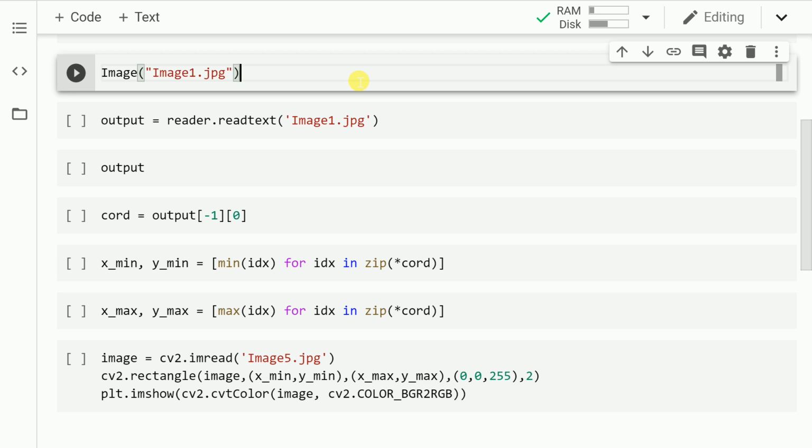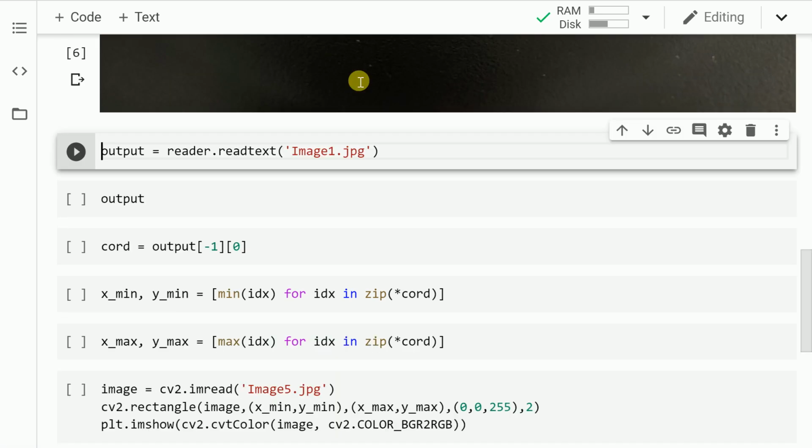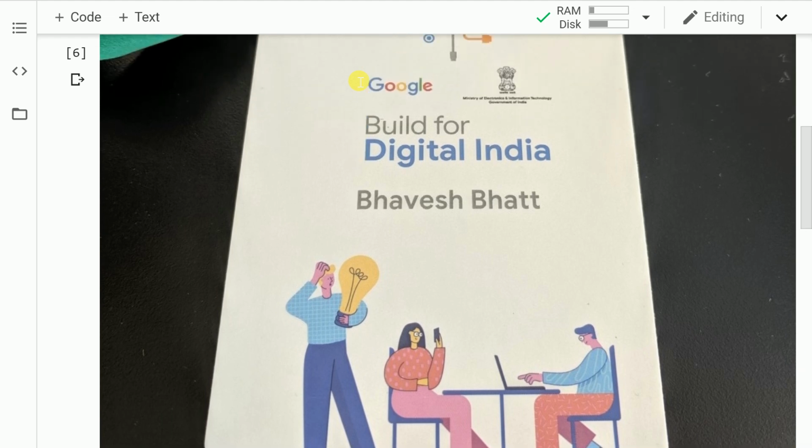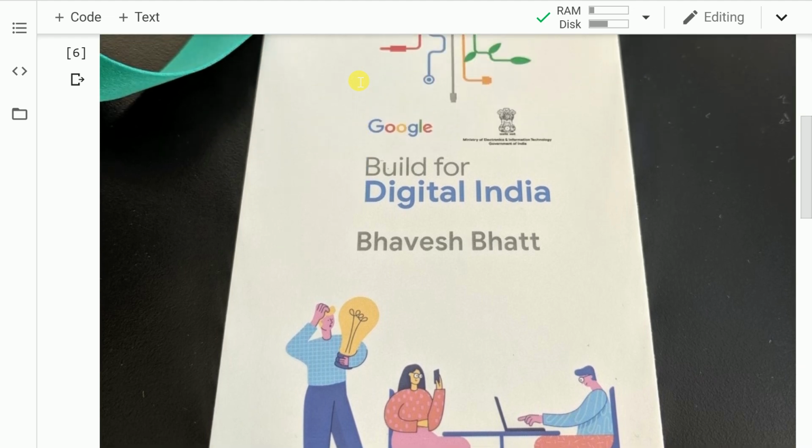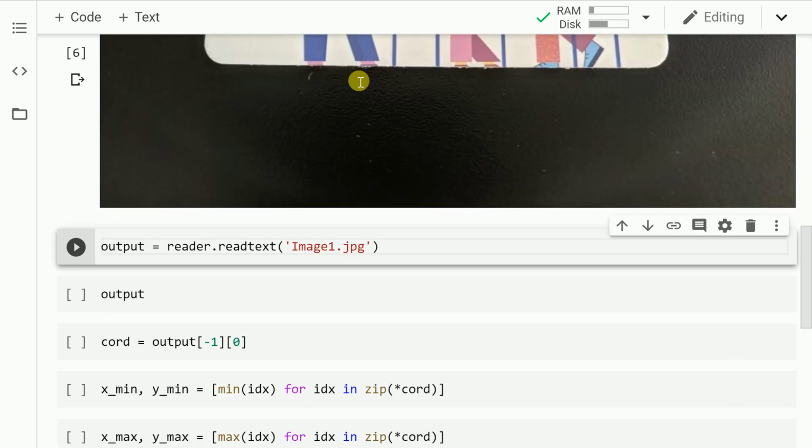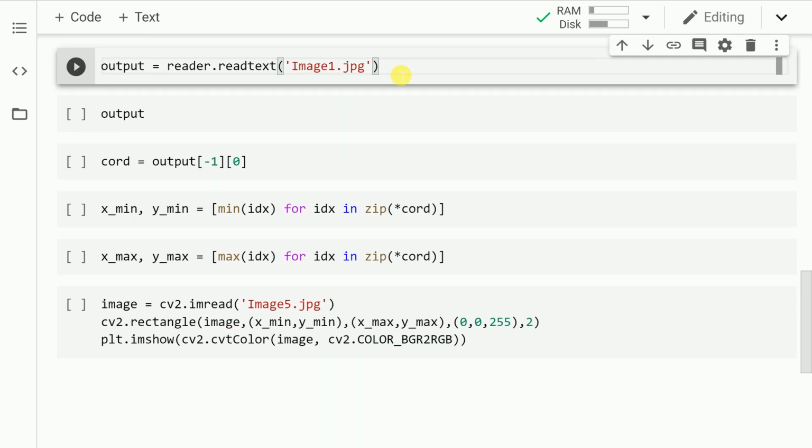Let's move forward to the OCR part now. I have an image with the name image1.jpg. Let me show you the image now. So this is the image that I have and I want to extract out the text from this image. So let me go forward. I had already saved the pre-trained model into a variable called reader.